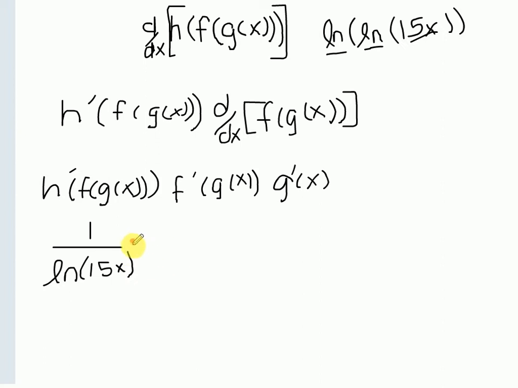Okay, then times f prime, which is 1 over 15x. That's f prime of g of x. And then finally times g prime, which is just 15. Put it over 1 so it's clear that we can do this fun trick. That's really satisfying. And that gives me 1 over